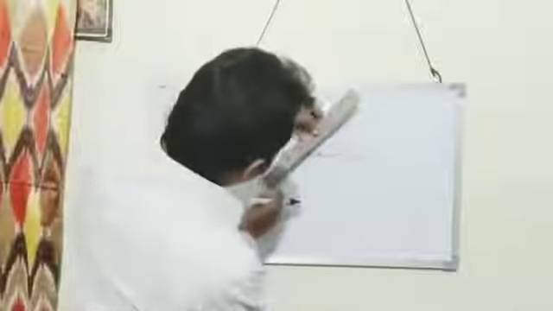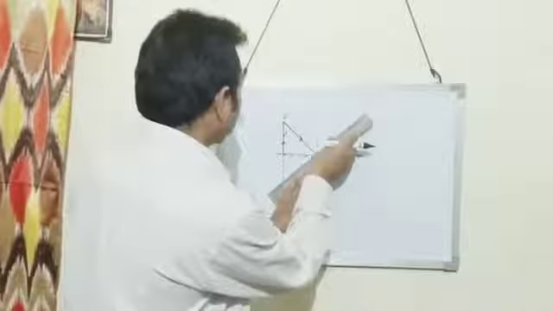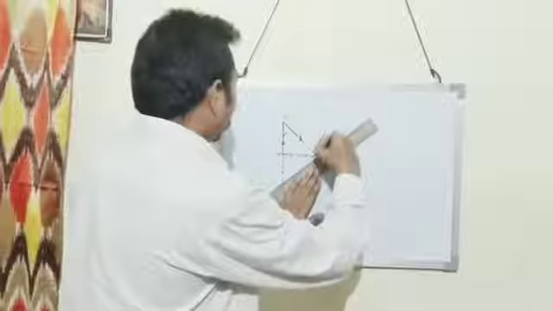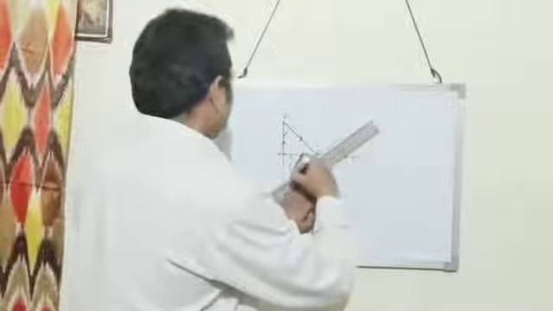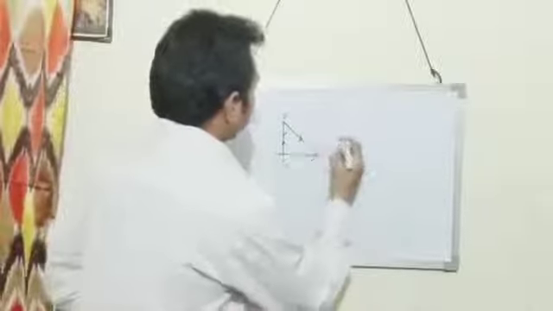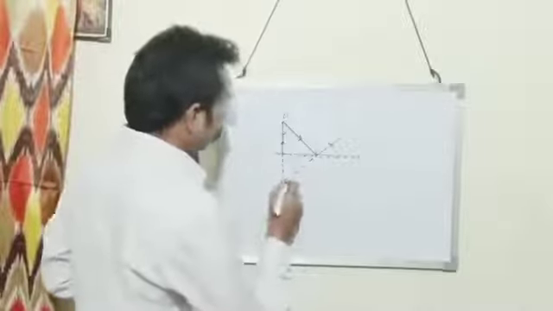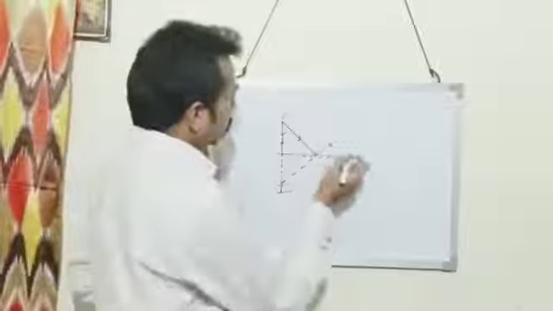So this is reflected by obeying the laws of reflection, such that the angle of incidence is equal to the angle of reflection. So this is also produced backward without any deviation. So this is a reflected ray. Both are produced backward, and both of them appear to meet here. So at this point the image is formed.